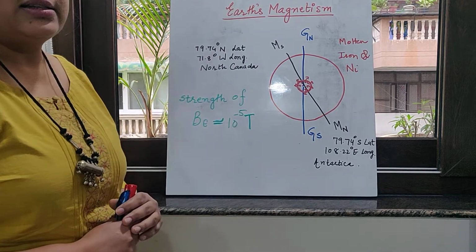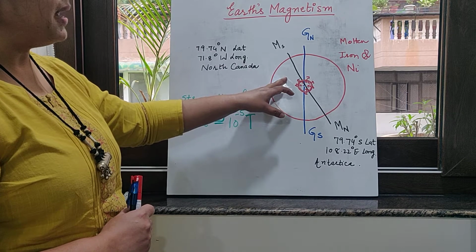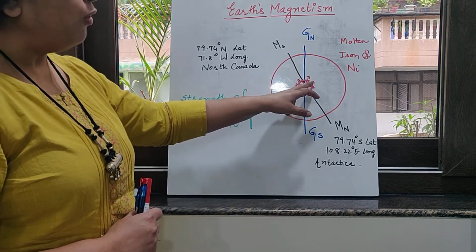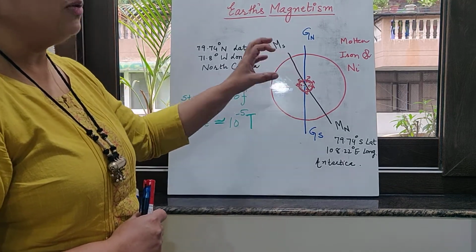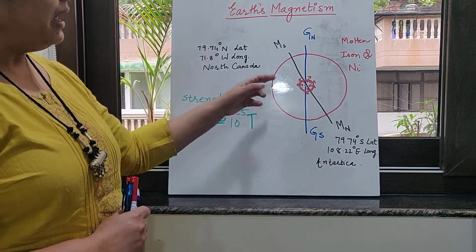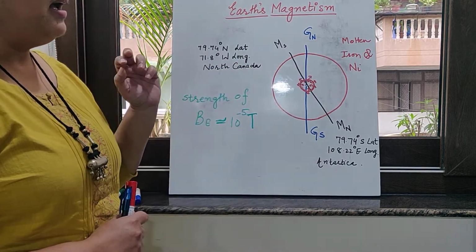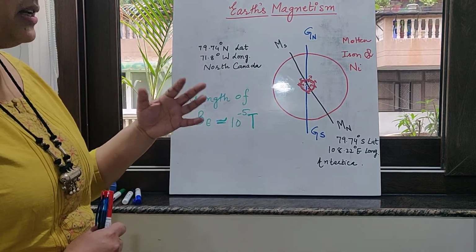is made up of three layers: crust, mantle and core. The outer one is crust, then there is mantle, then there is core. And the core also, the innermost part of the core is very solid because of the intense pressure on it. But the outer core contains molten iron and nickel. And these are magnetic materials.